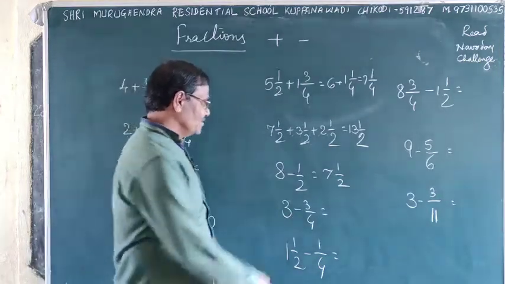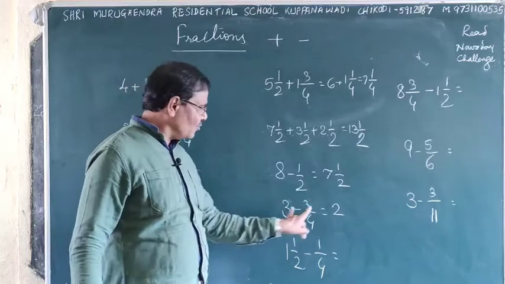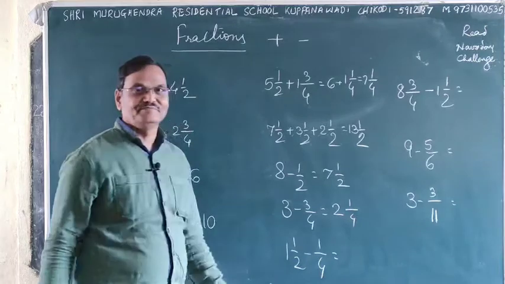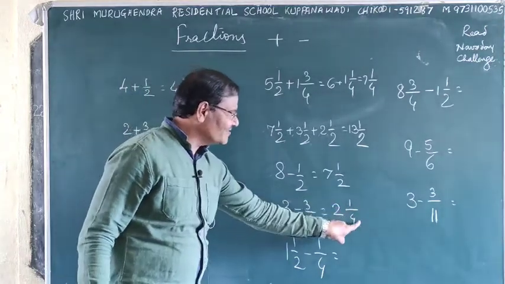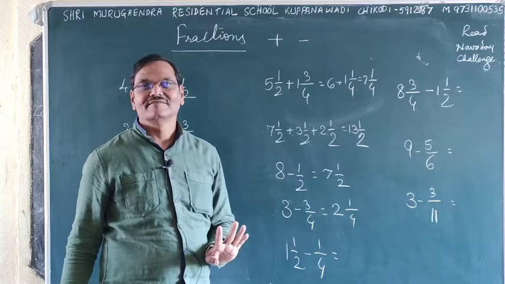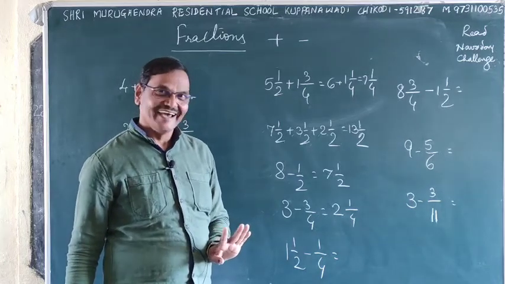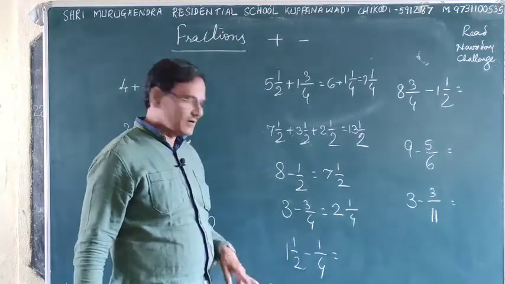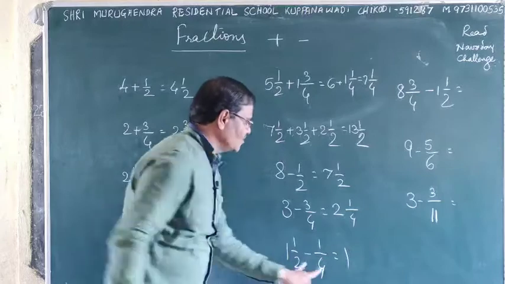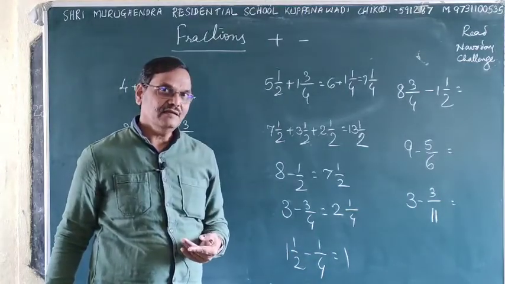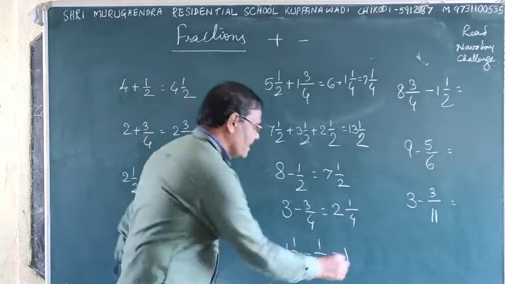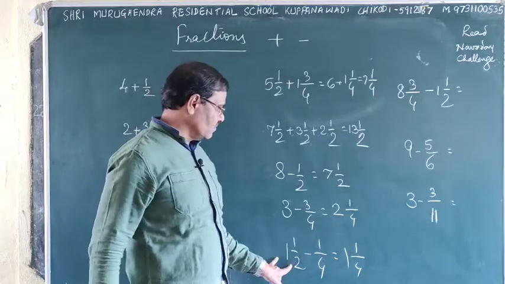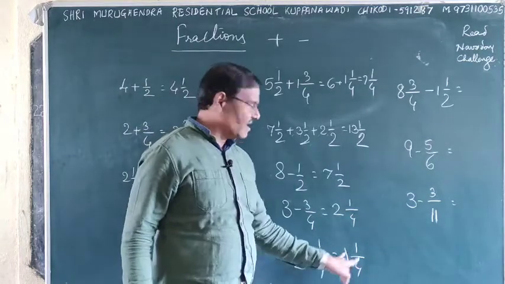And here 2 compulsory, because in 1 only you are reducing this. How much is the shortage? 1 by 4. See, what remains here is 1 by 4. Okay. This here 1 and half quarter. In half only this quarter will go. Quarter will be subtracted from half. Then quarter will remain. 1 and quarter. 1 of 1 by 4.